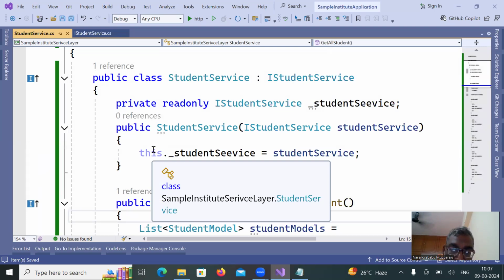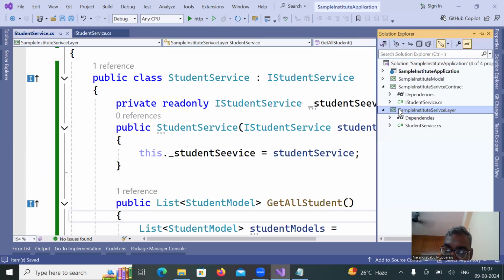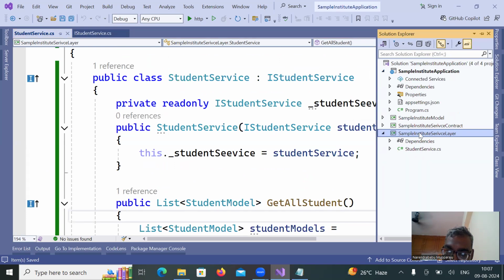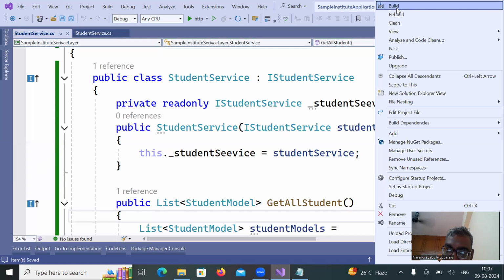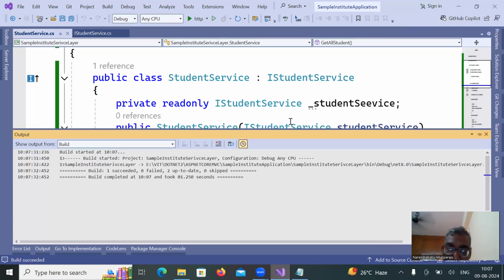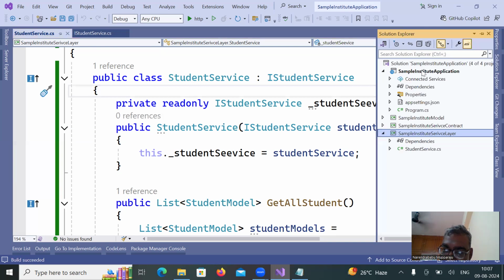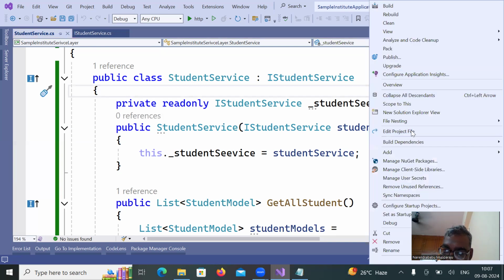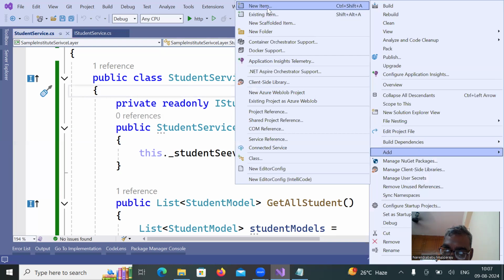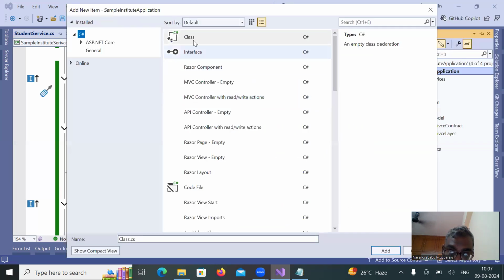Now what I'm going to do, go to my controller. First, I'm going to build a controller in the project. Now I'm ready with my service. I'm ready with my model. I'm ready with my contract. So how am I going to do that? First here, go add new item. Under that, you will have a